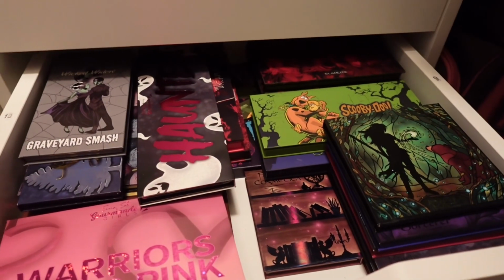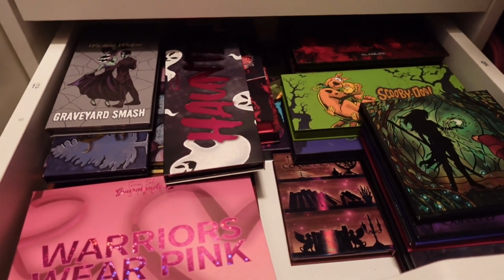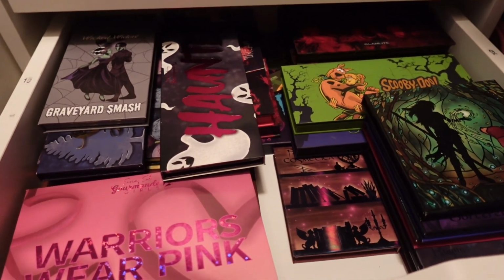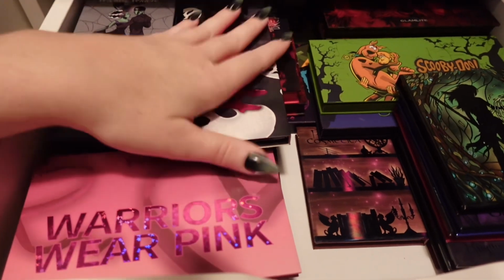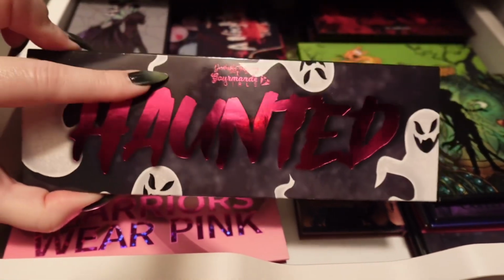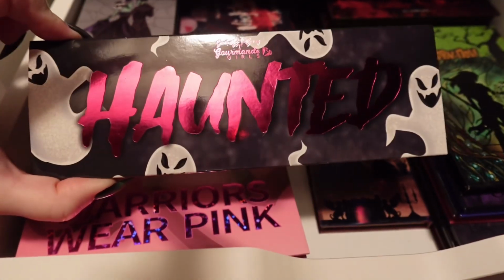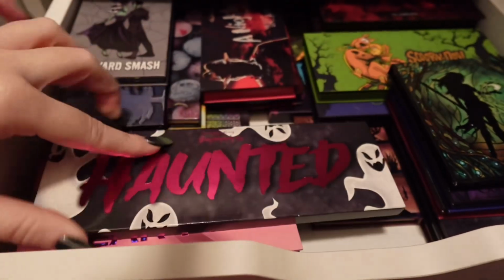All right, so here we are in a very cluttered drawer. There are a lot of brands in here. Some of them are a little bit more random than others, but we do have my Gourmande girls. So we have the Haunted palette. I'm not going to pull this one. I have an idea for an upcoming video with this one. I haven't played with it yet, so it is going to be coming, but I'm not going to put it